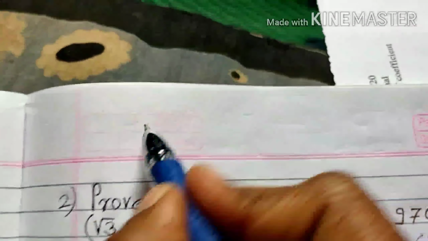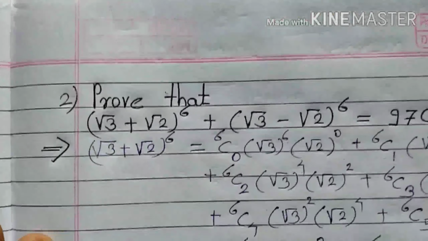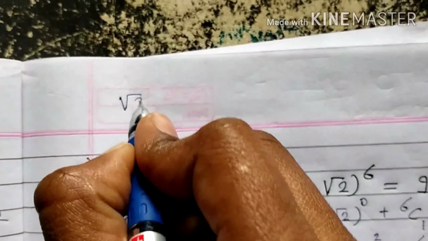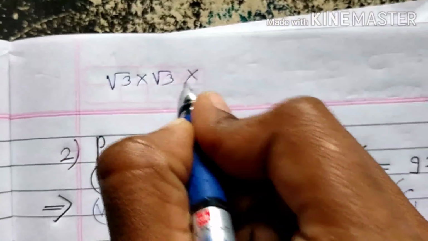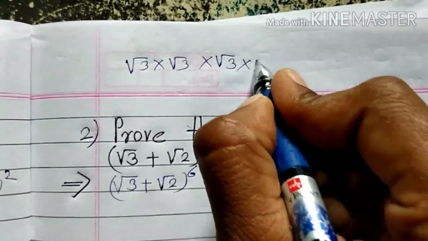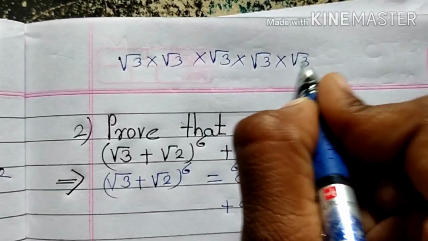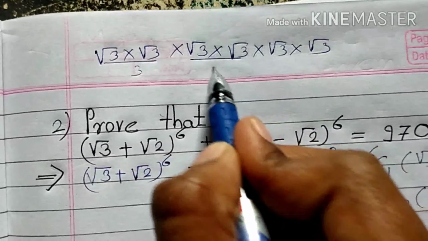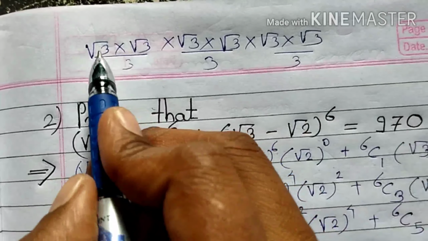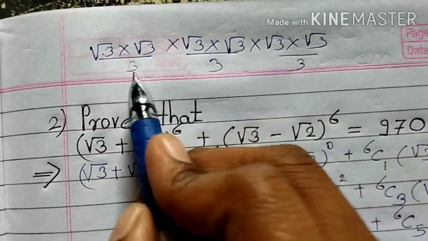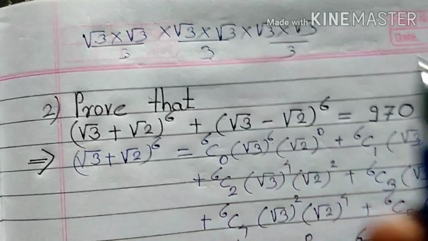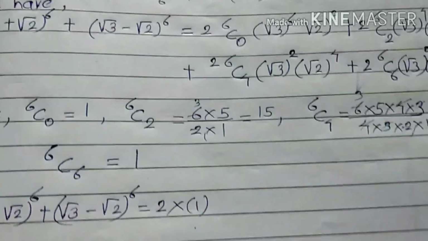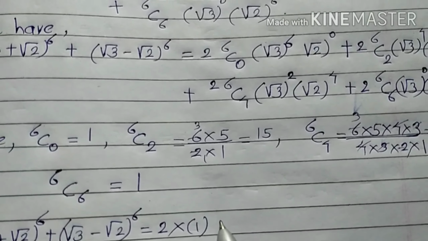Here you can calculate √3 into √3 into √3, so it is 3, it is 3, 3. 1, 2, 3, 4, 5, 6. So 3 into 3, 9. 9 into 3, 27. So take here it is